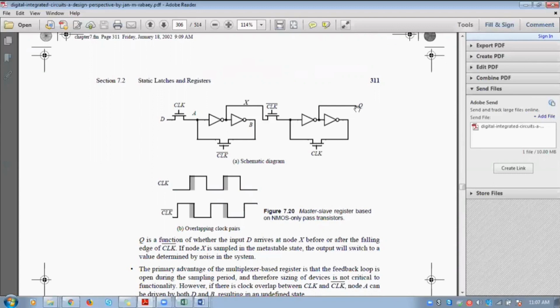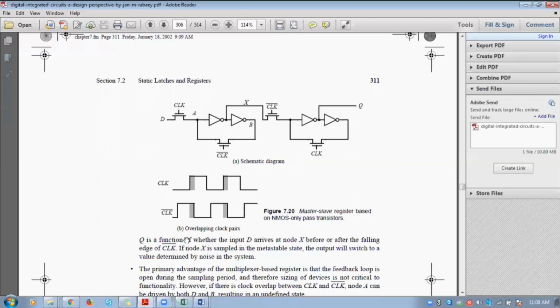Sometimes we may be expecting that some logic 0 has to be obtained. The normal operation of a register is, in the initial case, if master is in the transparent mode, your slave has to be in hold mode. And in the second case, your slave will be in transparent mode and your master will be in hold mode. This is the usual working. Then only your D will be sampled in the initial phase of the clock. In the next phase of the clock, the previous value will be stored and the current value goes out through the output. This is the normal working of a master slave register.